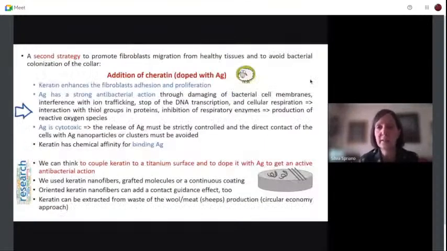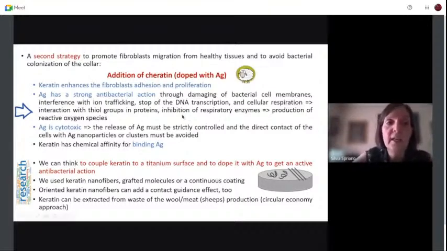Okay, this is the end of the first story. The second story is about a different modification through a chemical approach, not a physical one, as it was the first. And we tried the addition of keratin, and also we doped keratin with silver ions. What is already known from the literature here in blue is that keratin is able to enhance